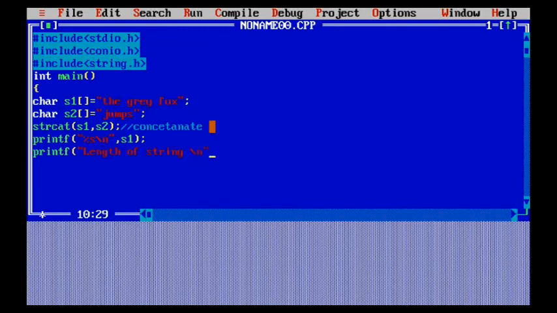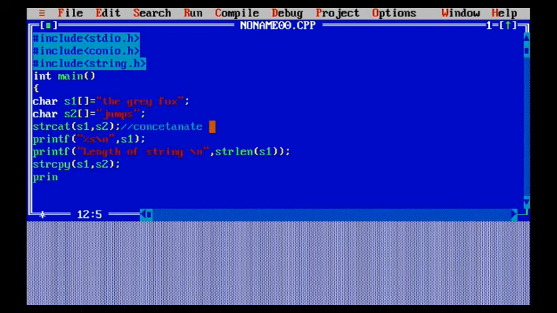Now the next thing we are going to use is the length of the string. For that we are going to use strlen. Basically strlen gives the length of whichever string we want to calculate. Here I have written s1. Now I am going to add this directly into my printf statement so that it is easy to print and get the desired output. When printing this, we need a %d here so that we can get the content, because the length of the string will be an integer, so we need to pass that.